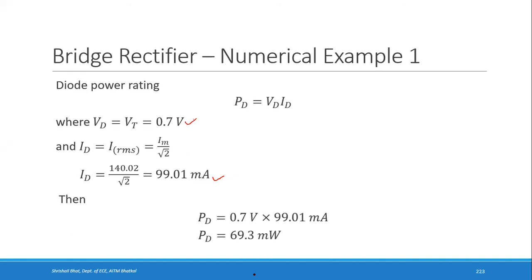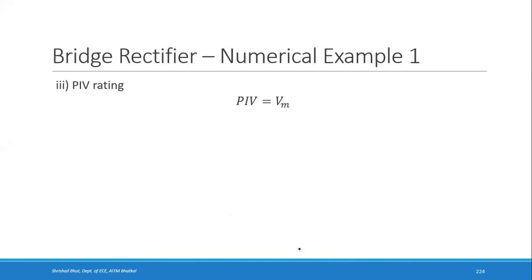Then you should also find the peak inverse voltage. You're also asked to find the peak inverse voltage. Peak inverse voltage in case of a bridge rectifier is Vm. Vm you have found to be 141.42, right? So this way you can solve problems if Vt is given. The same thing you have to apply even for full wave and half wave rectifiers. If Vt is given, you have to subtract that value of Vt from Vm while finding the other values, right? So that's one example we had.